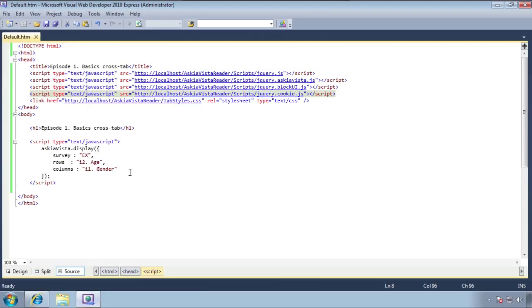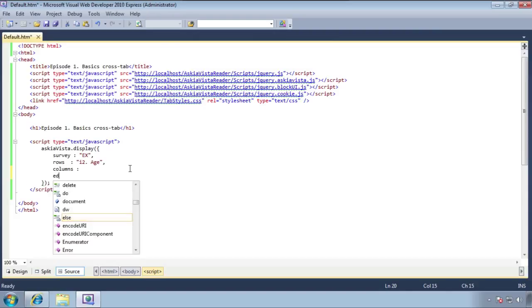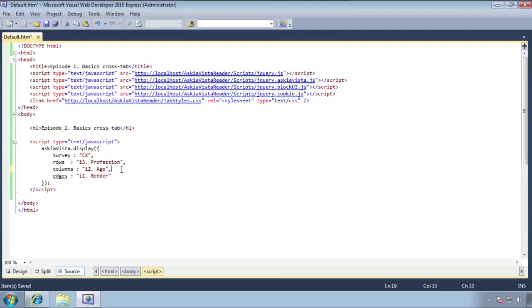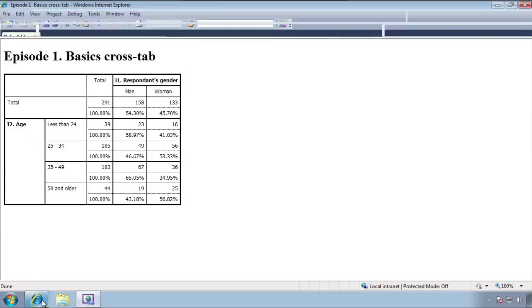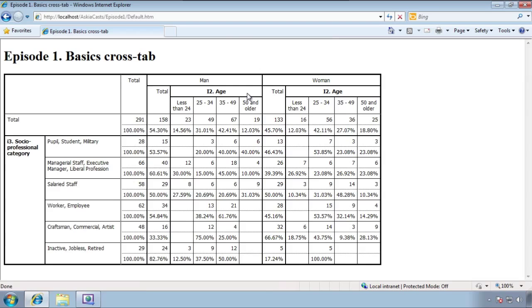Now I want to make a more advanced cross tab again by adding a question in ages. So I will add another key, which is ages, and put the question gender on it. I will move the question age into the columns and just add a question profession into the rows. So put a comma to separate the key. And then it will load on the page, and we have a nicer cross tab with man, woman, and